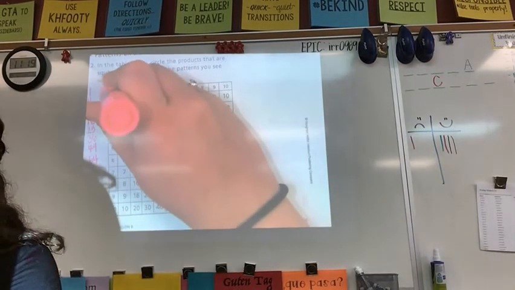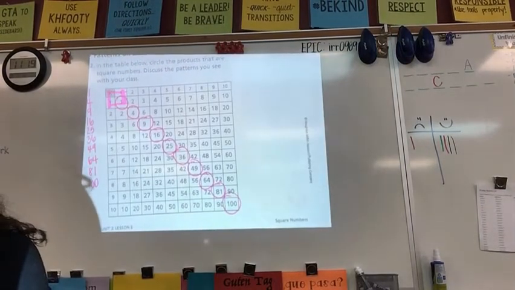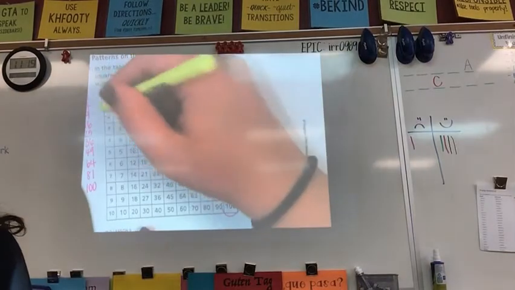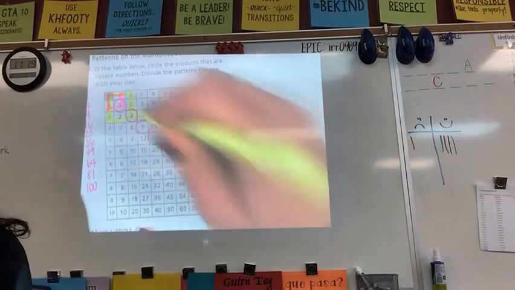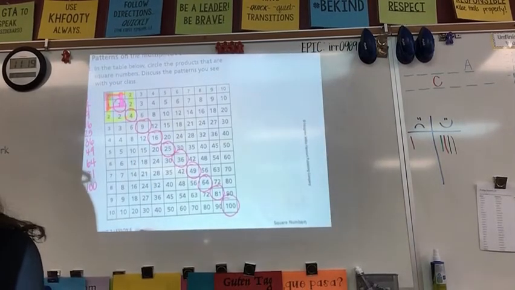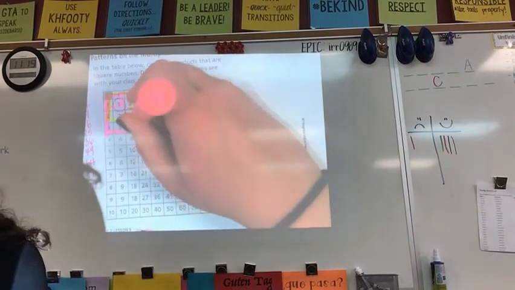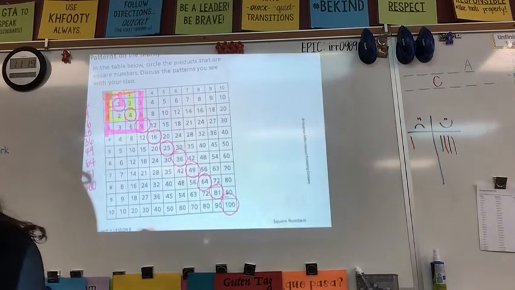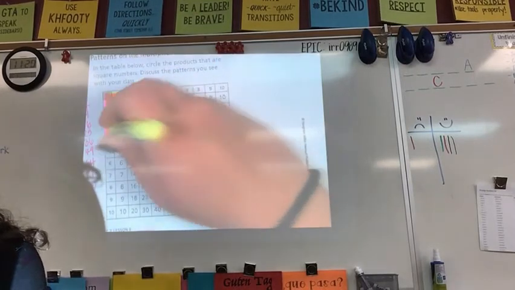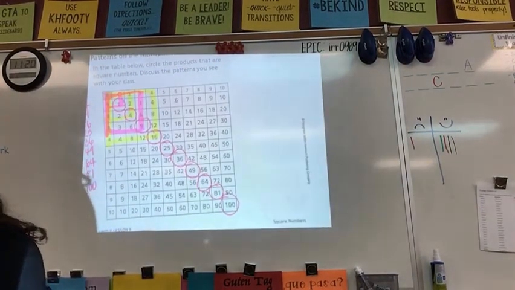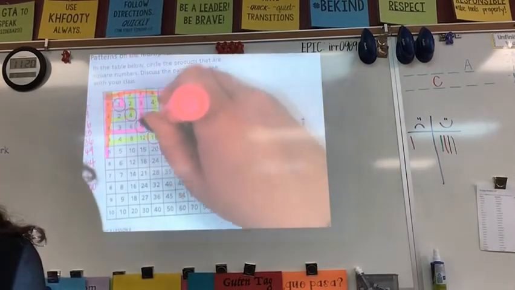1 times 1 equals 1. Okay, there's a square. It is how you do the puzzles. 2 times 2 equals 4. That made another square. 3 times 3 equals 9. There's another square. 4 times 4 equals 16. 5 times 5 equals